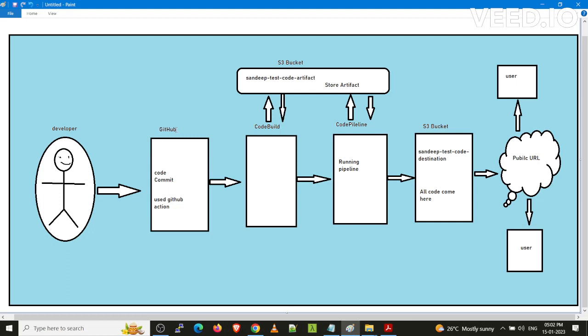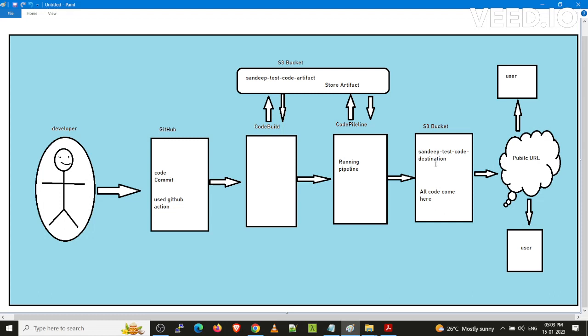It means we first use a GitHub repository for code storage. Second, I am going to use the CodeBuild component, an AWS native service to build code. Third, I am going to use S3 buckets. For this demonstration I have to create two S3 buckets: one bucket to store the artifact, and a second bucket to represent the destination code.